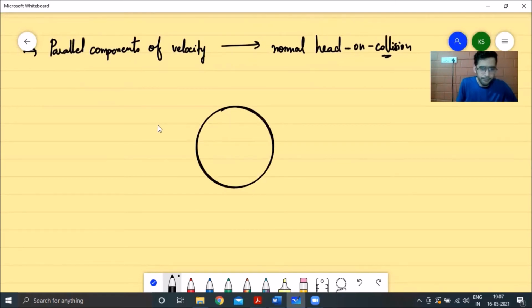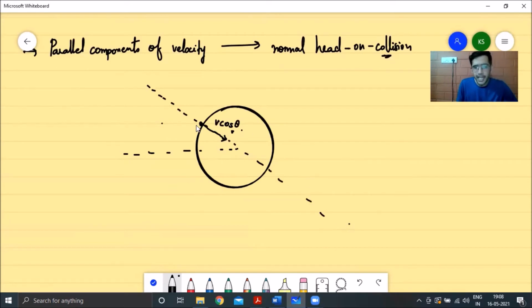Once again, this is your sphere and this is your particle. Let me draw the particle during the collision. The particle was here, let's say. What velocity did this particle have along this direction? That was v cos theta, the velocity component parallel to it. And the sphere had 0 velocity. This was your line of action of force. The force was acting along this line. So this is how your diagram looks if we ignore the perpendicular components of velocity. And now we'll deal with this like a normal head-on collision problem, because now your velocities are lying along the line of action of force.